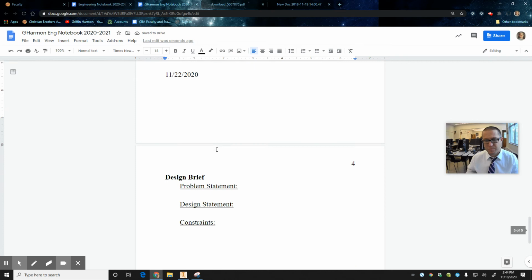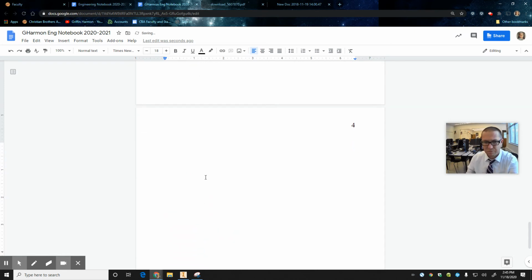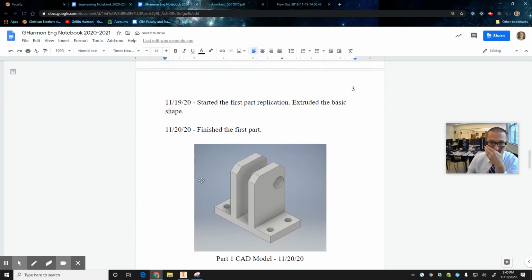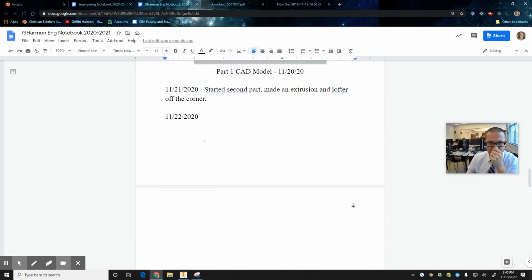Then, once you get all your parts made, then you're going to make the mechanical drawings. Again, the design brief, I just saved it down there because I'm going to want that later on for other projects. You can blast it ahead a few pages if you want. You're not going to need it for a little while, but you might want it later. So everything's looking good here. Maybe, let's say, second part, and went back and made